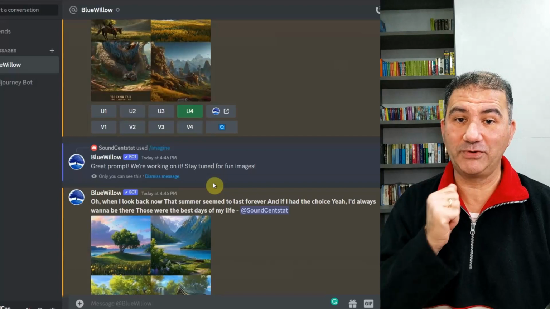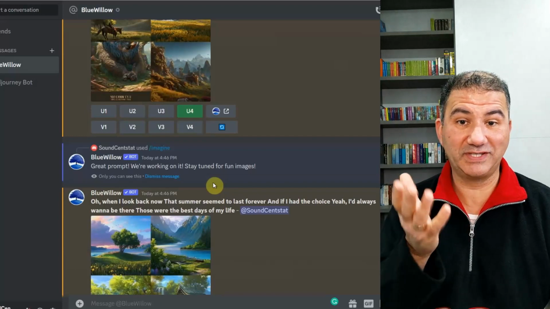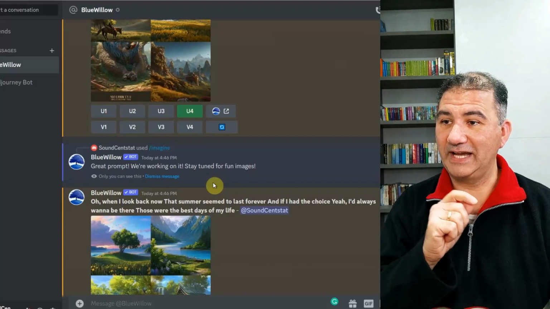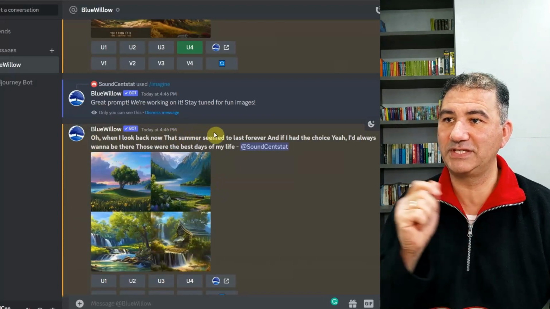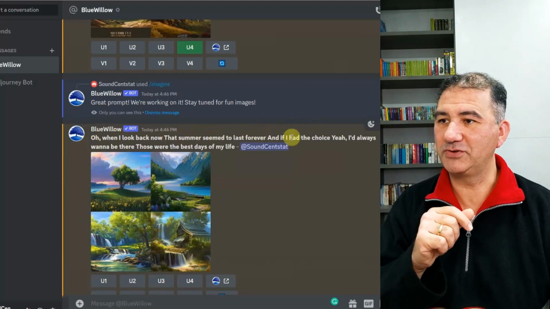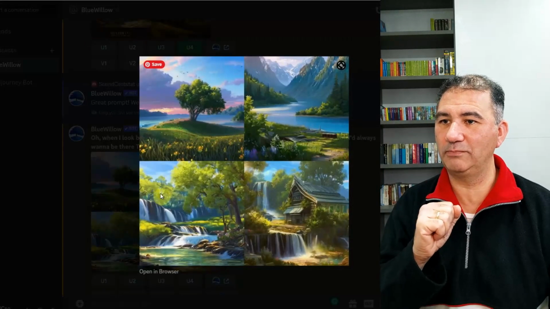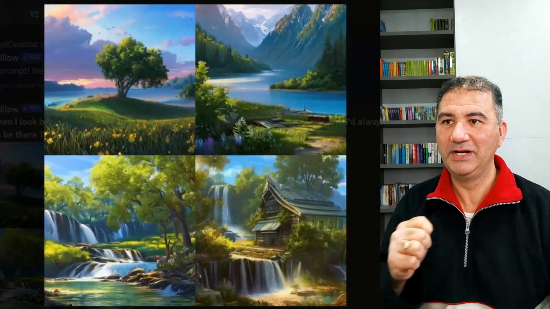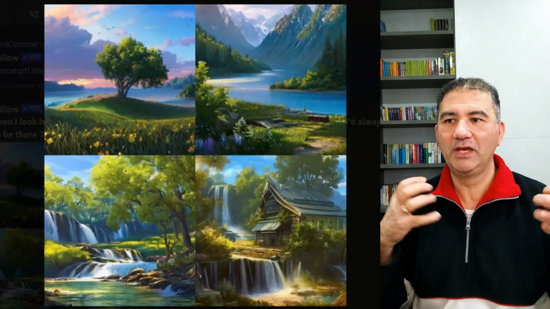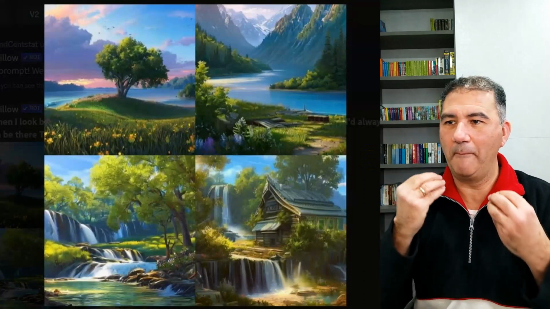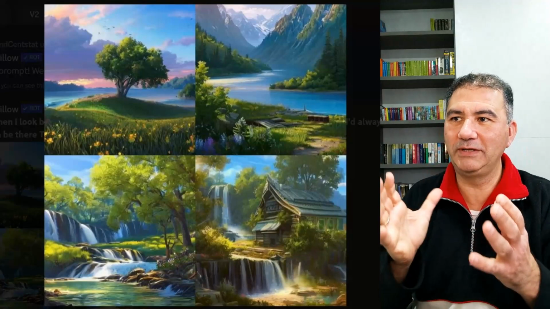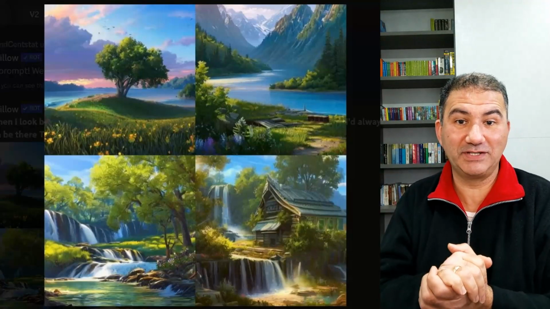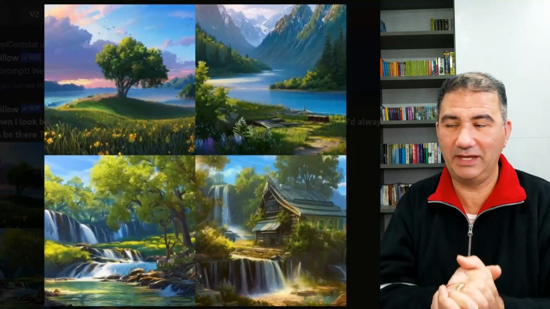And one of his other popular songs, obviously, many of you will know, was Summer of '69. So obviously I took a few lyrics from that, like "when I look back now, the summer seemed to last forever," etc., and this is what Blue Willow came back with too. So obviously we have a summer theme, something nostalgic, a memory that was really pleasing, something that would really bring a lot of warmth and happiness into a person who's perhaps going to be thinking about this.